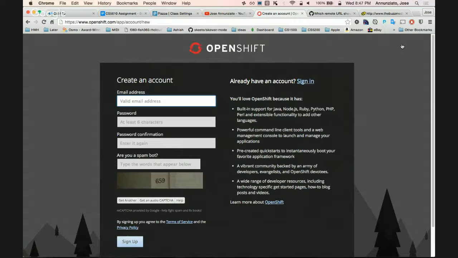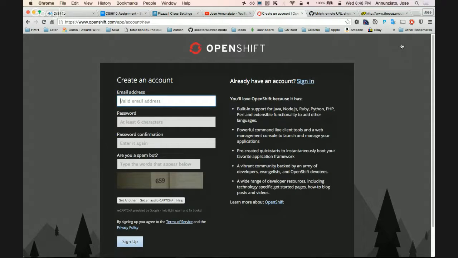So what I'm asking you to do is to keep track of these two Gits. One is a mirror of the other. Your OpenShift Git should be your main Git account. You're going to be committing and pushing to your OpenShift Git.